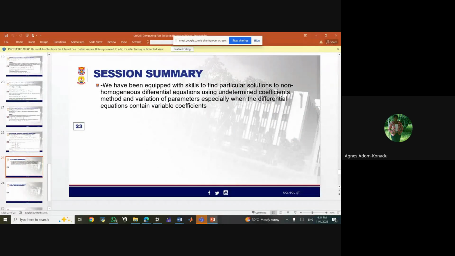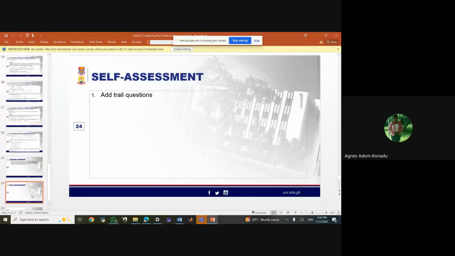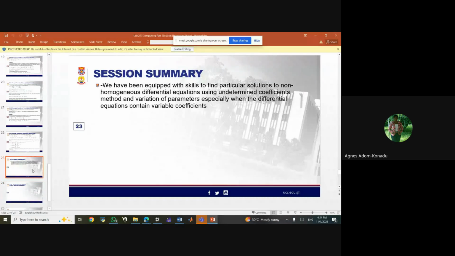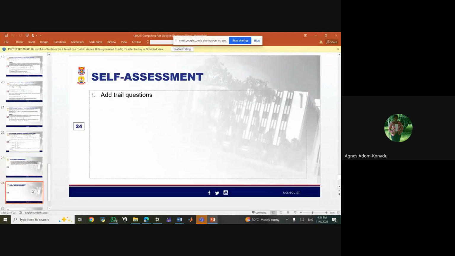So we have been equipped with skills to find particular solutions to non-homogeneous differential equations using undetermined coefficients and variation of parameters, especially when the differential equation contains variable coefficients. We've done that. Is it true? We now know how to use undetermined coefficients and variation of parameters to solve. So we are done with